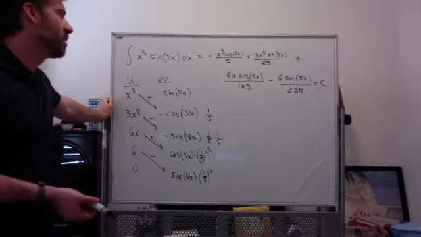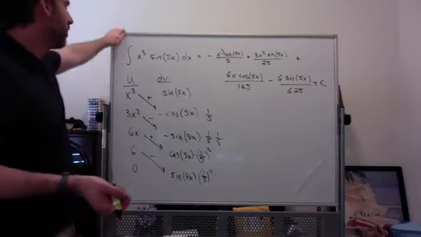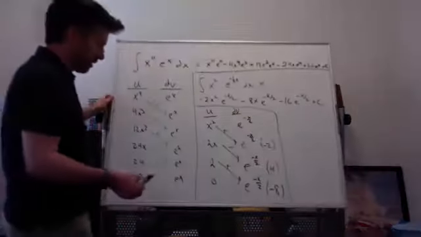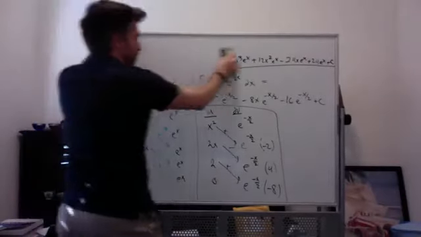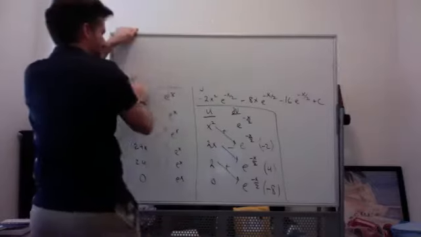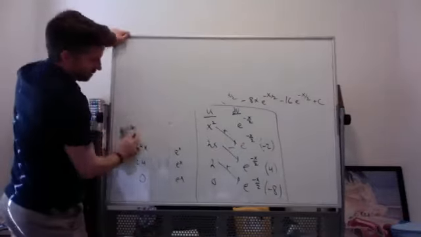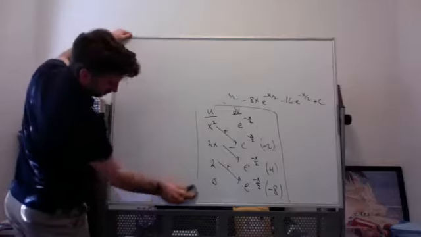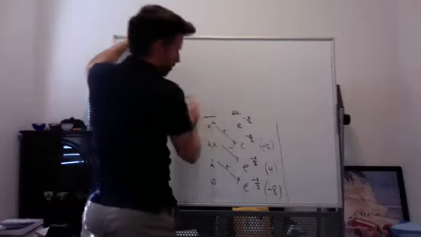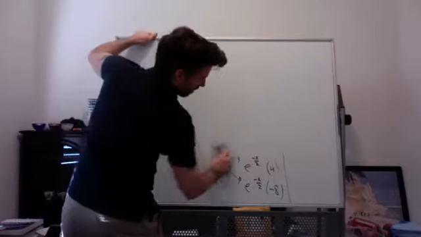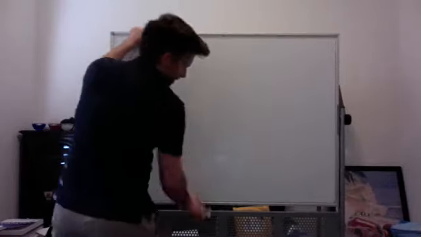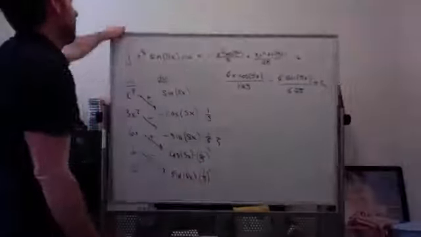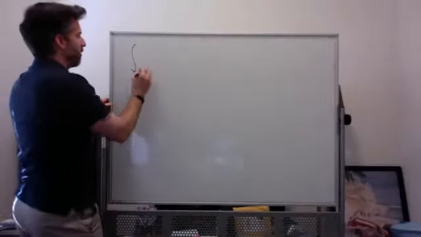Okay. Let's do one more, because I do think it's worth seeing this. I don't usually think about these other ones, but you can definitely have a thing where the u choice isn't just an x to a power, but it's actually a couple terms, right? It's like x to a power plus another thing. Let's try one like that, and then we'll call it a day. So we just did sine, right? Yeah, okay, let's make it extra special. So let's do the integral of,